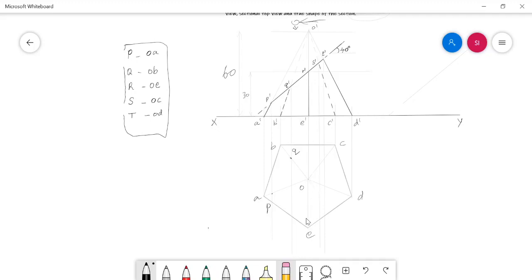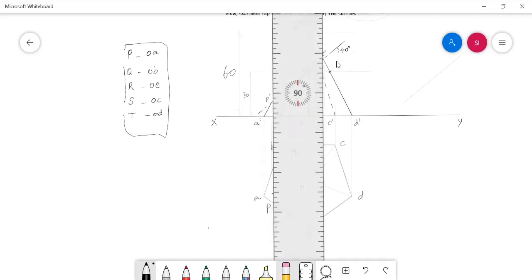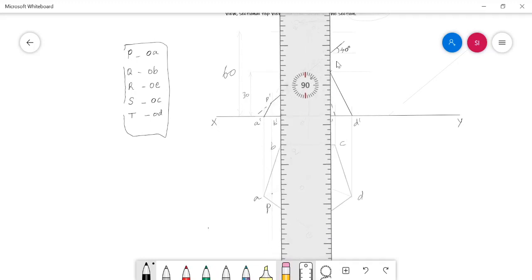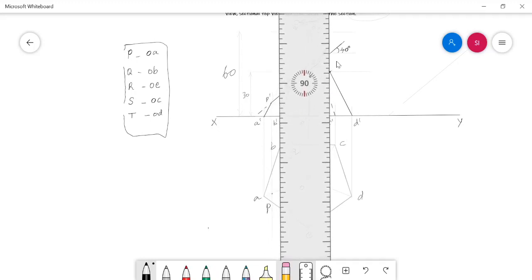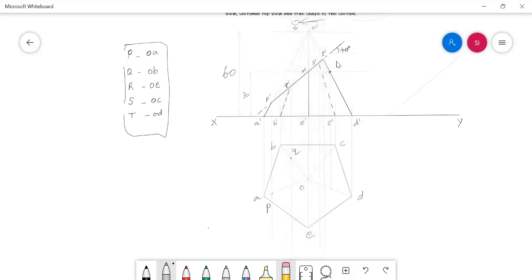So in this type of situation, I have already instructed you how to solve this. See here, you need to draw a horizontal from this R dash towards any slant edge in the front view. Say I am projecting it towards O dash D dash. So mark a point here and then project the point towards the top view to the same lateral edge. So I marked it in O dash D dash, and I have to project and mark it in the same OD in the top view. I marked it in the top view here.